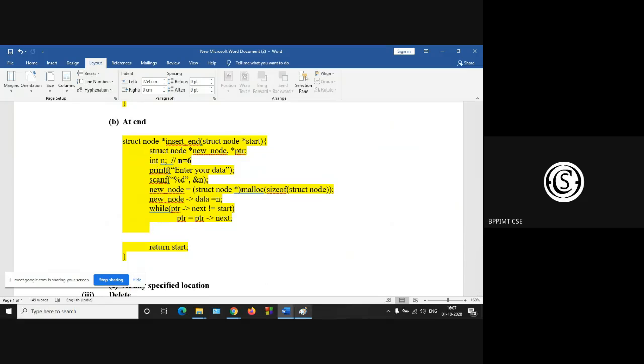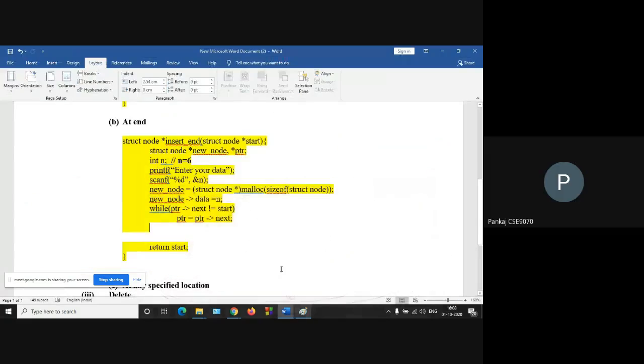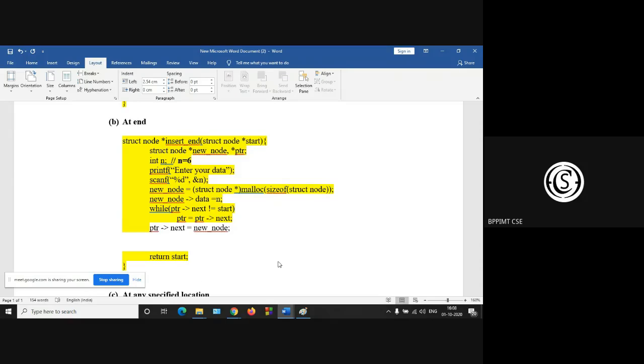So what is the first operation? First operation is the next part of the PTR. So PTR next is new node. Okay. What will be the second one?